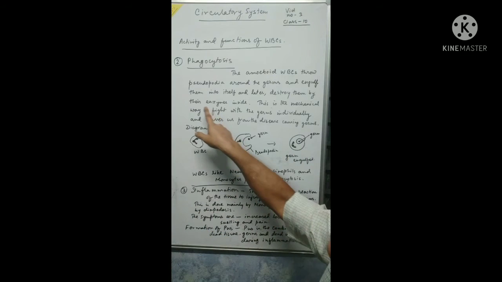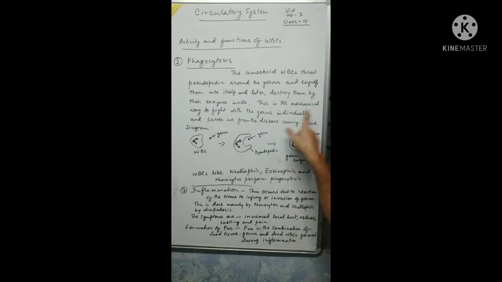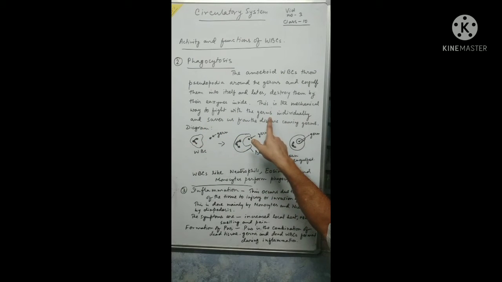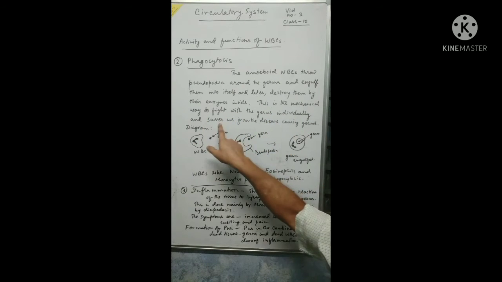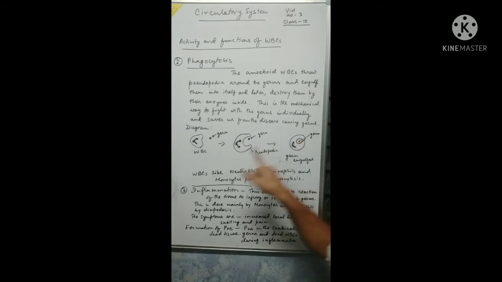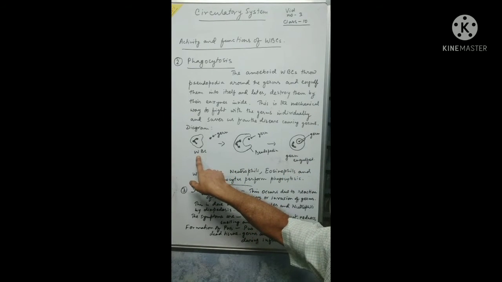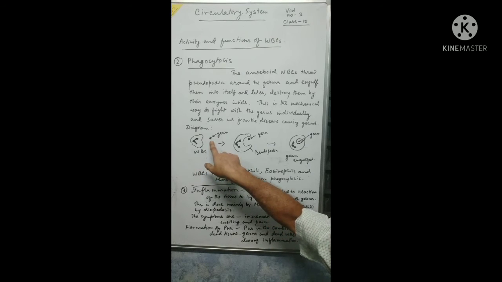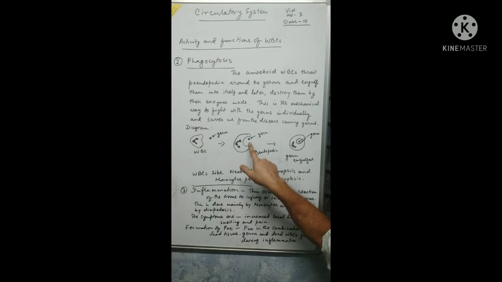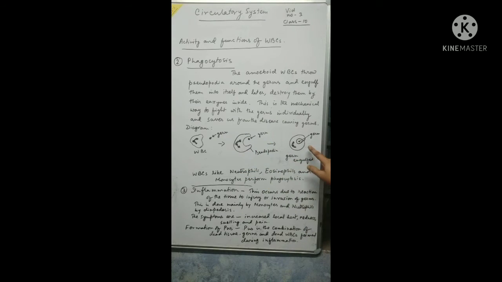So this is the mechanical way to fight with the germs individually and saves us from the disease causing germs. Here are the diagrams showing the process of diapedesis. This is one WBC. This is the spot that is indicated as germ. See, it is already trying to make pseudopodia. See, it is surrounding that, this pseudopodia is forming, surrounding the germ, and then finally it is totally encircling the